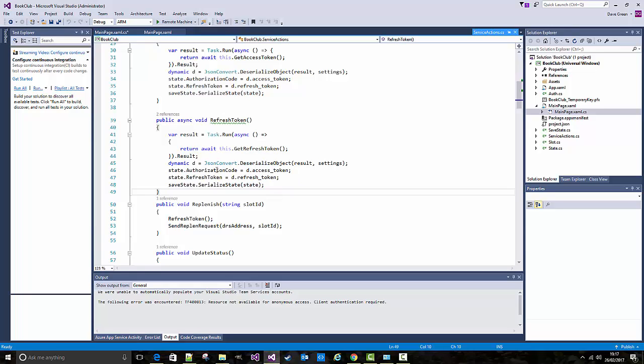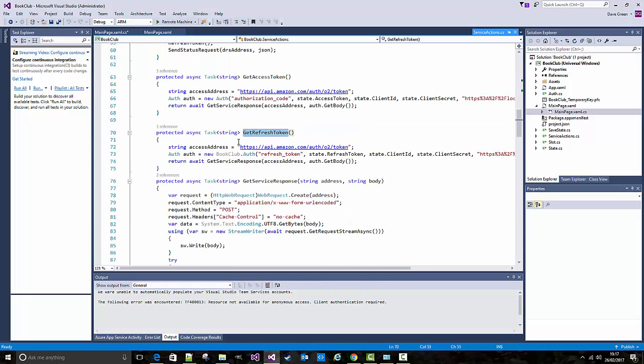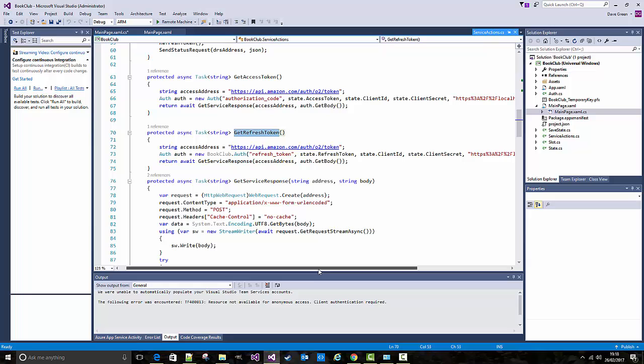So when we call this, let's get to the get refresh token. This is just going to the API address, and then I've just created another class called auth, which has all of the details we need. So it's refresh token, and I've just taken it from my state, which is the actual refresh token value, the client ID, and the client secret, and return URI, which is actually just localhost for our thing. And then I have